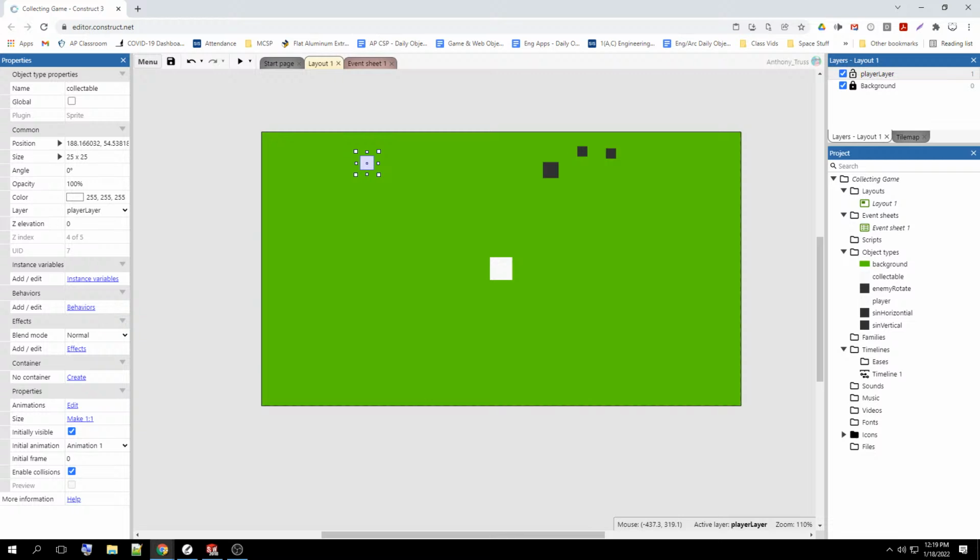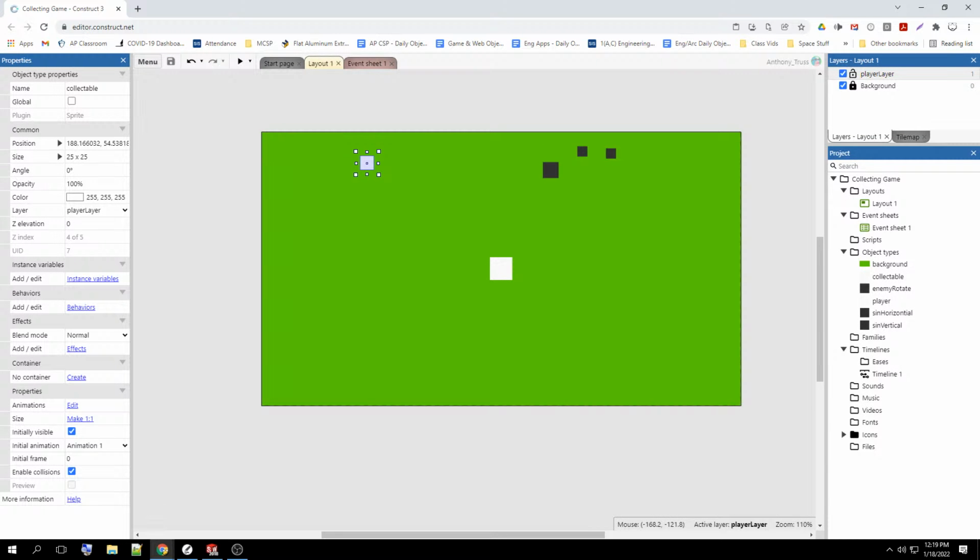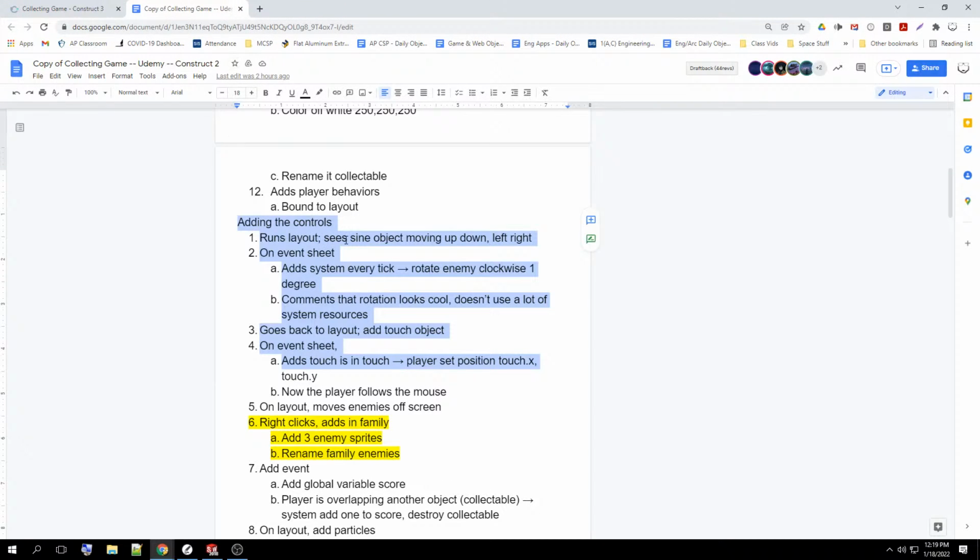All right, and so the next set of the videos that we're going to do, I would maybe like to do it tomorrow first thing, looking at the steps. Okay, we just finished here. Okay, so starting with video 3, we're going to start on step 3 of adding the touch object to the game and then setting the mouse's X and Y position to the character sprite so that it can follow the mouse. So this will be video 3. Okay, so at this point I'm going to stop recording and then I'll put this in the Google Classroom